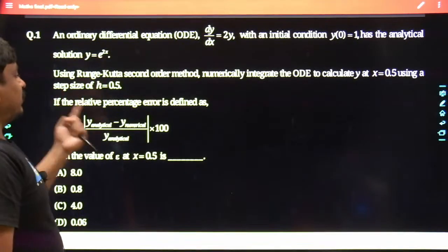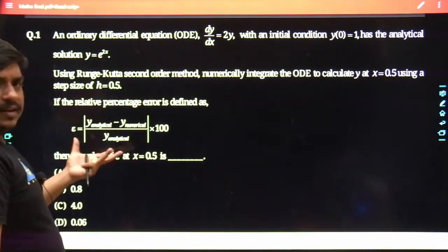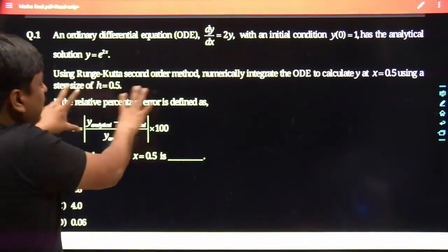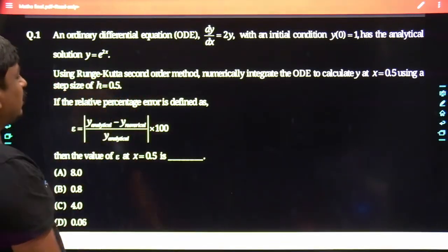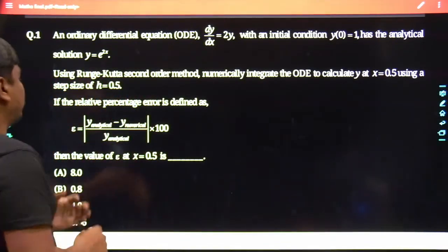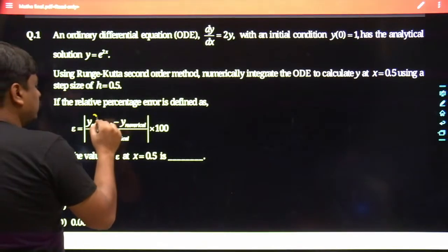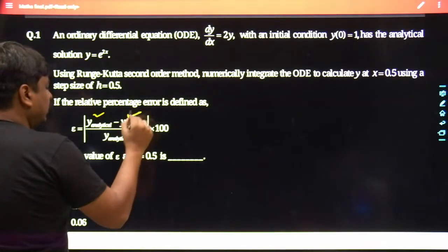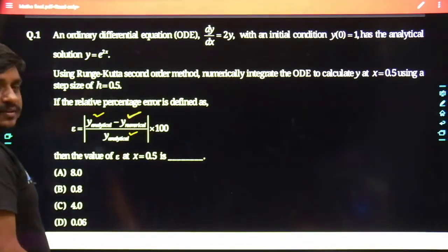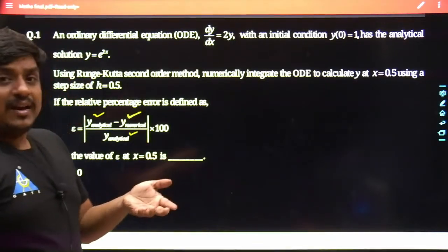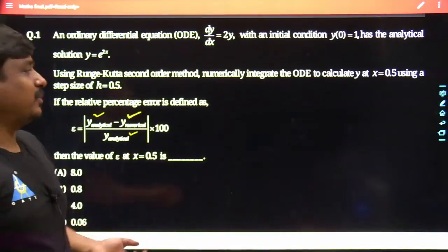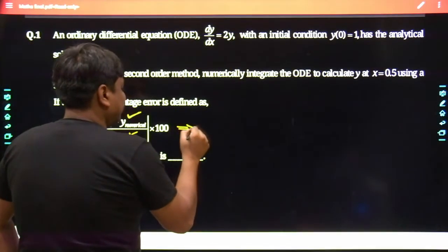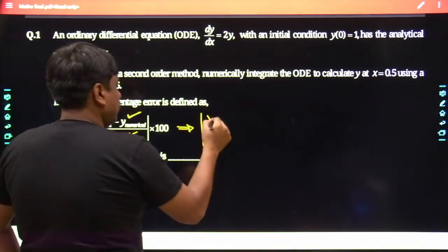If the relative percentage error... anyway, they have clearly given the definition of the relative percentage error. If it were not given, you must still have a clear idea about it. Here it is the true value minus the value calculated through the numerical method, divided by the true value. And if you calculate the value through the analytic method, that is definitely the true value. So what is the percentage error? That is y of true value,